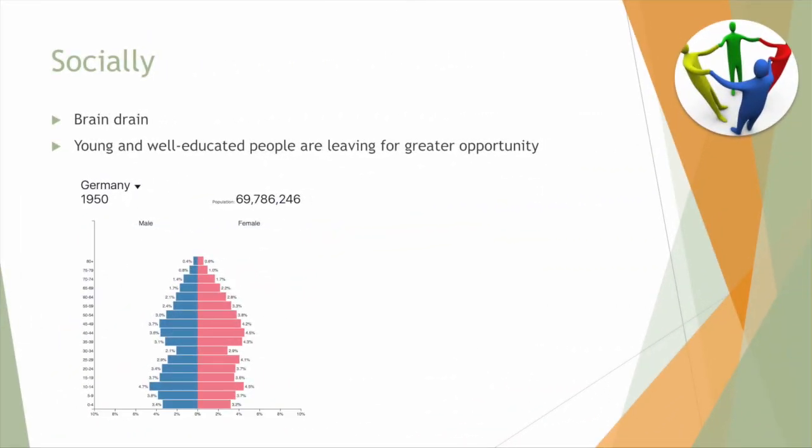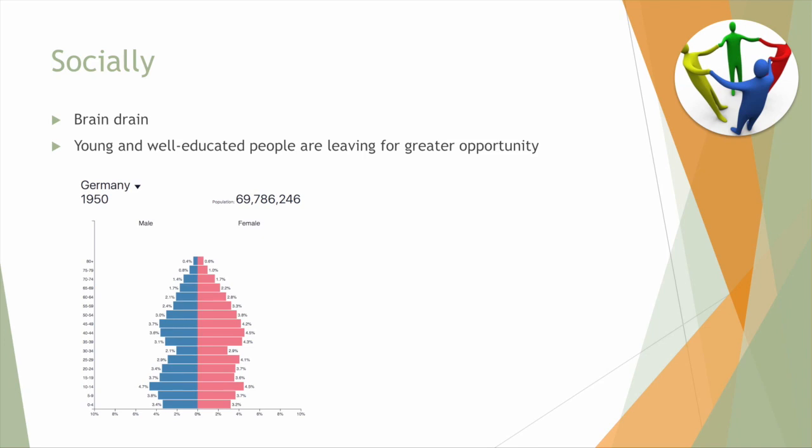From a social point of view, one of the reasons why the wall was constructed is that East Germany, and East Berlin in particular, was experiencing what was known as a brain drain, meaning that all the young people and well-educated people were leaving for greater opportunities in the West. This kind of is a crossover with our geography